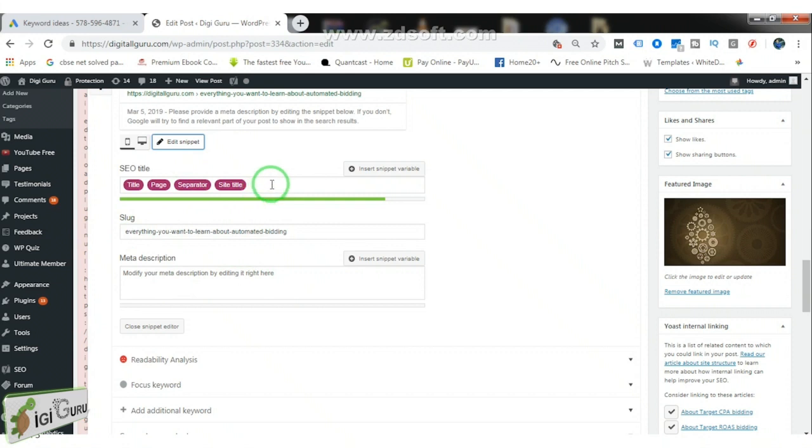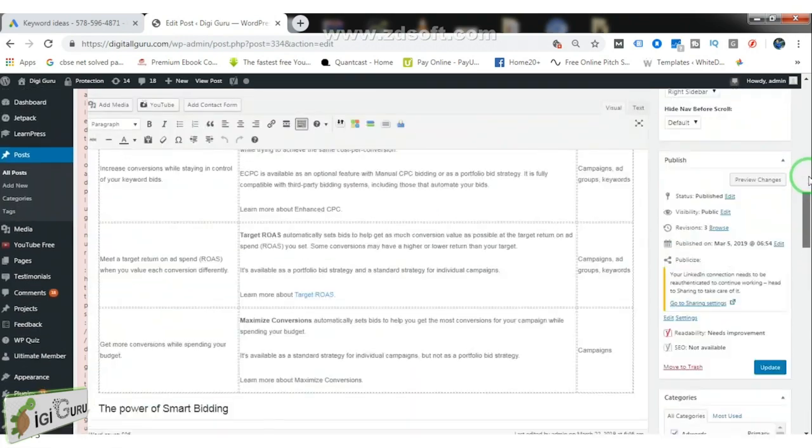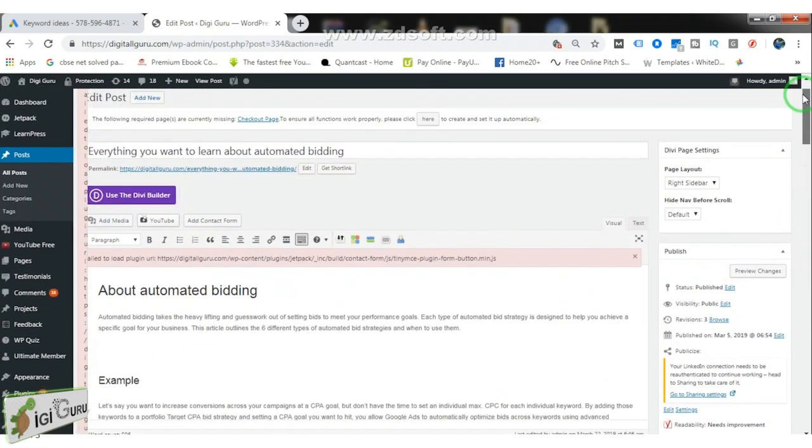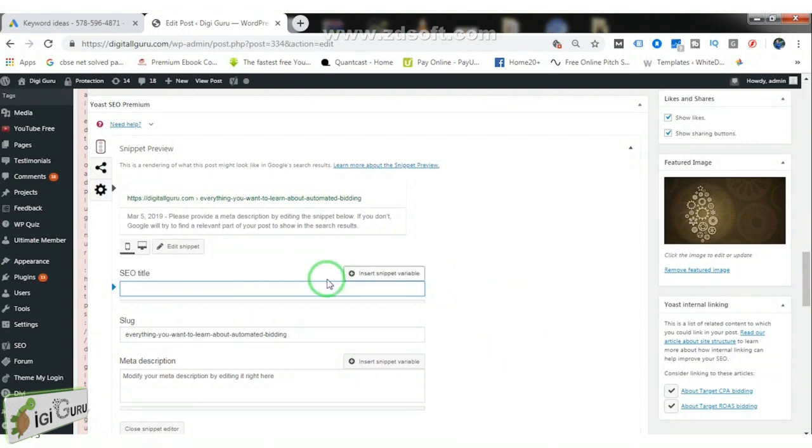In order to write or change the SEO title, we first need to remove whatever is present out here, and then we need to give the heading. As I can see, the heading of my post earlier was everything you want to learn about automated bidding. So the same I would be writing out here.